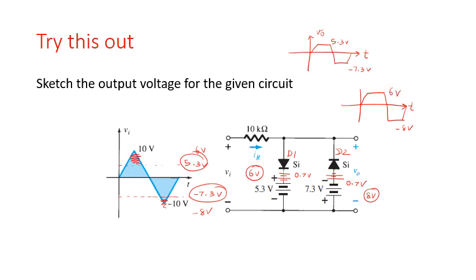So I'm assuming you have understood that clippers are divided into two types. You've got series clipper as type 1 and you've got parallel clipper as type 2. These names are given dependent on whether the diode is placed in series or in parallel. Each of these is again divided into two types. You've got positive clippers and negative clippers in both the cases. And in both the cases, my diode will either be ideal or it will be a practical diode. When it is a practical diode for forward bias, you cannot replace it by a short circuit. You replace it by a battery of 0.7 volts.